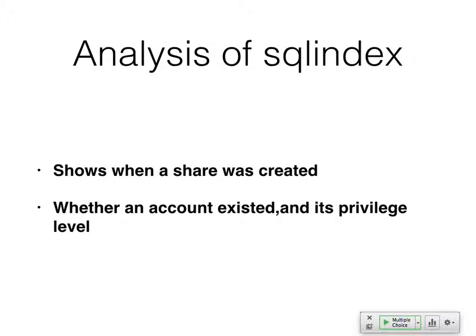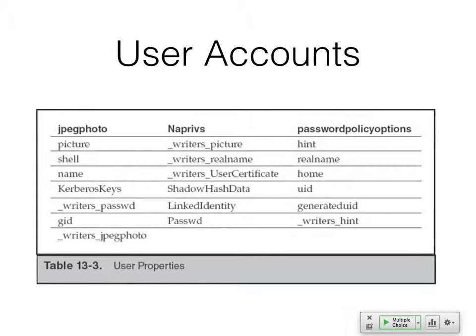So here you can see when a share was created, whether an account existed, and here's the kind of things you'll find in there. Every user account has this stuff. It has your picture. You see your picture next to your name. So in here is a JPEG picture, and it's got your user ID and a hint for your password, and it's got the hash data, which has that password hash that could in principle be cracked. This is the stuff in the user accounts database structure, which replaces what would have been /etc/passwd and /etc/shadow